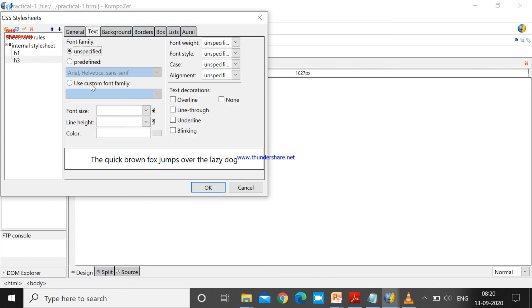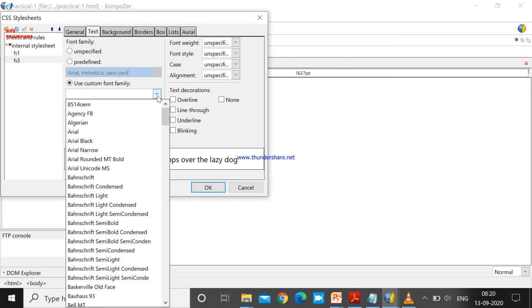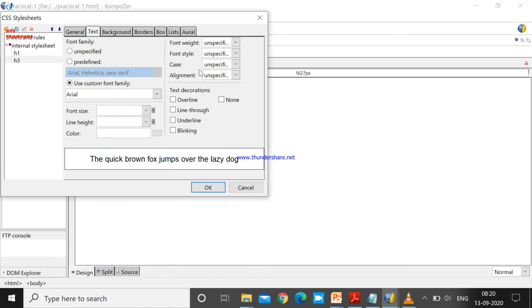Now the font for my topic title is Arial, normal Arial. I want it in bold, I want it in normal style, and case, it is always in uppercase, right? And alignment is always left. After this, select OK.